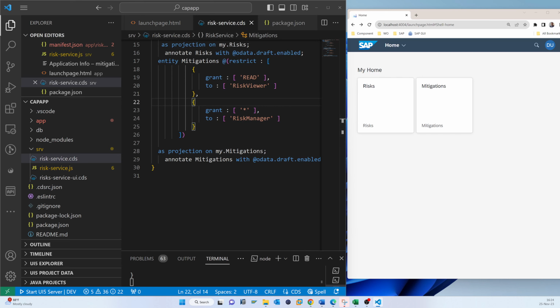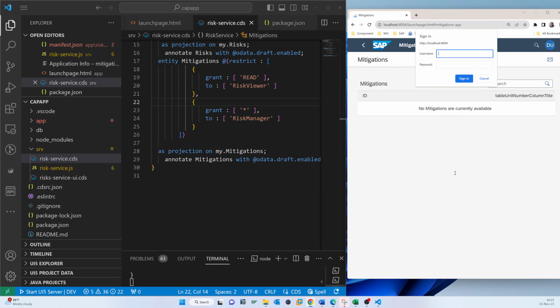And yes, now it should work. So if we refresh here, it will refresh automatically as CDS watch is running. So if we click on mitigation, you can see that it's already implemented the security and